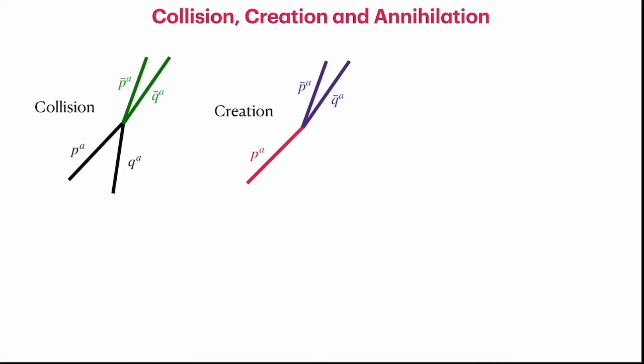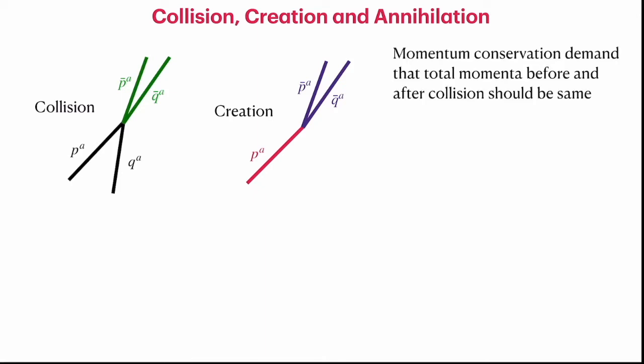You could have annihilation. You can have a time reversal of this. You can have 2 particles with the momentum P^A and Q^A and then collide and give rise to single particle P^A. So in addition to all this, any one of them could be time-like or null, or all of them. So you can sometimes remove one, put one, all that. So the basic formula here is the momentum conservation. Momentum conservation should be applicable, and hence the total momentum for the system is conserved.